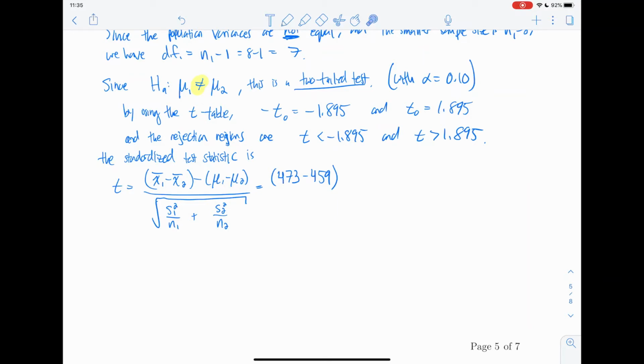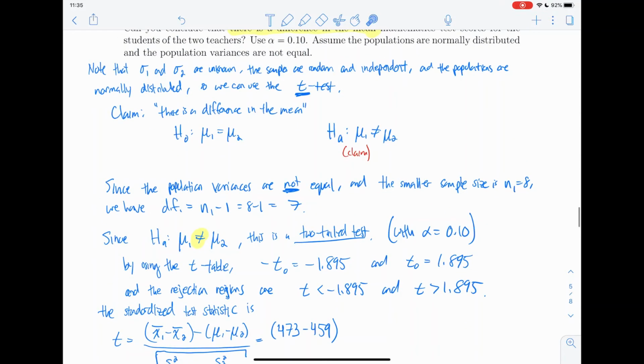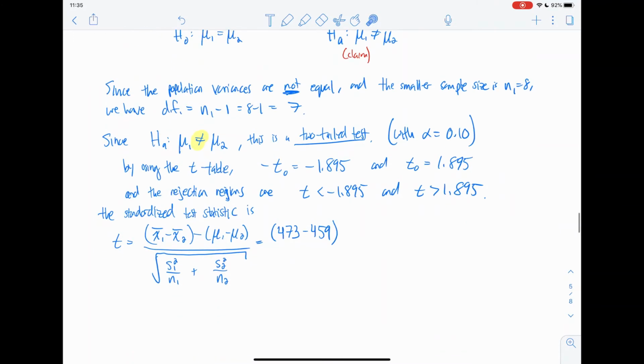Remember that in context of hypothesis testing, you always have the underlying assumption that the null hypothesis's equality is holding, which means there's this underlying assumption that the hypothesized difference is nothing. So that's minus 0 over the square root of, and in this case we'll get 39.7 squared over 8 plus 24.5 squared over 18. And if you compute all this and round to 3 decimal places, you should get